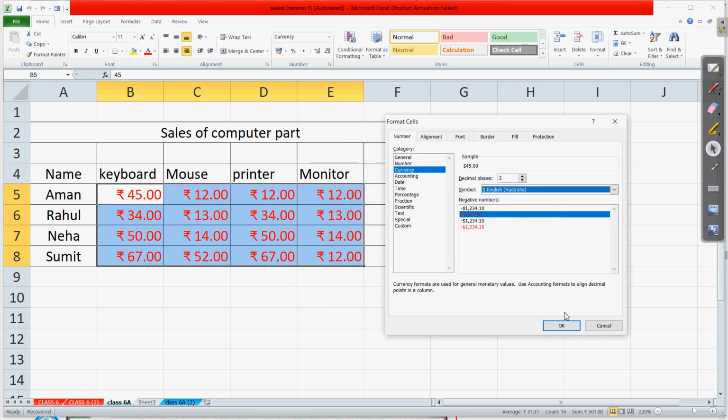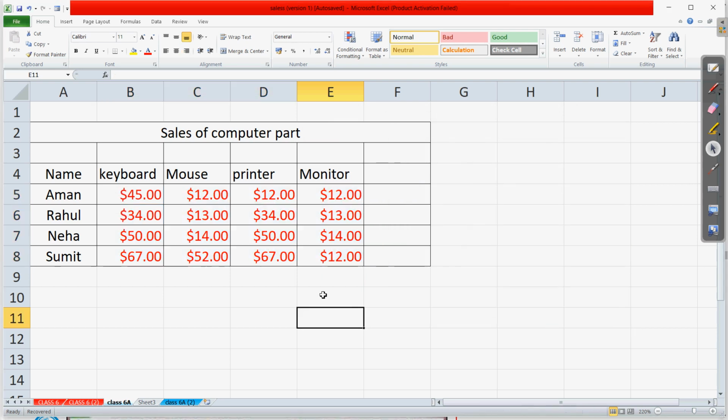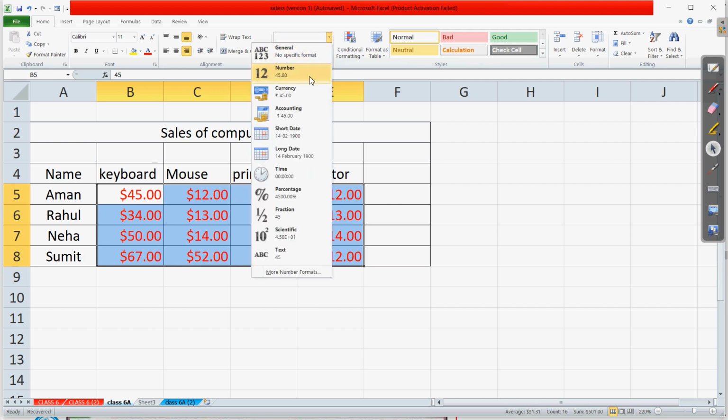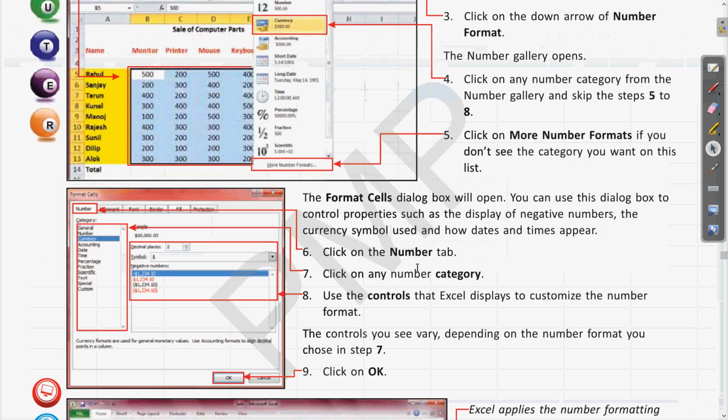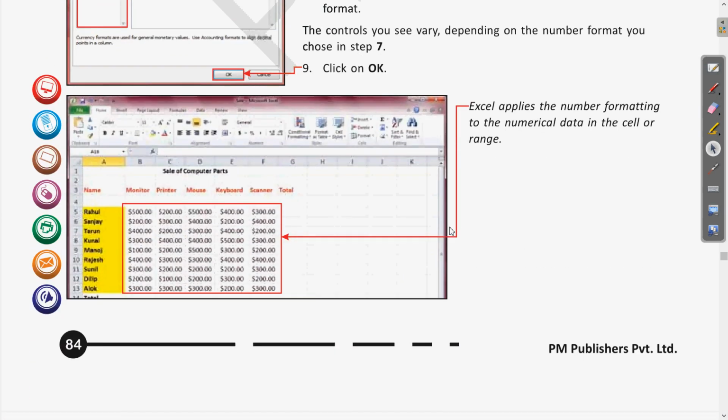I have changed this rupee symbol to the dollar symbol. Now you can see that the same is applied here. Clear? So this way these options can be chosen and changed. Clear? From here also we can apply the currency option. So if I change it, again it is the rupee symbol. Clear? Now next we are going to see